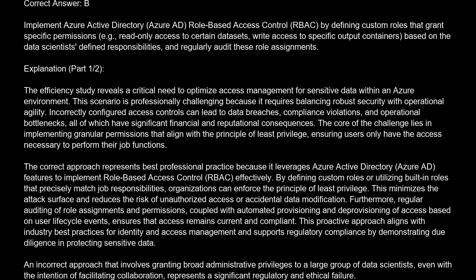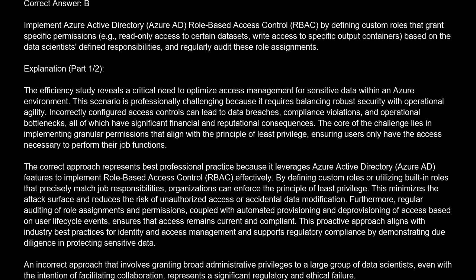The correct answer is B. Implement Azure Active Directory, Azure AD Role-Based Access Control (RBAC), by defining custom roles that grant specific permissions, e.g., read-only access to certain datasets, write access to specific output containers, based on the data scientist's defined responsibilities, and regularly audit these role assignments. Explanation. The efficiency study reveals a critical need to optimize access management for sensitive data within an